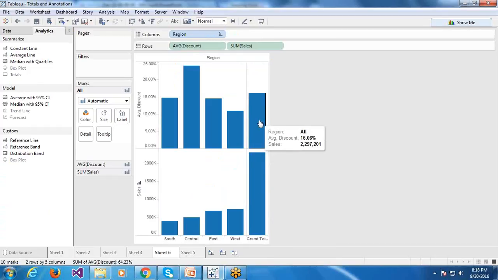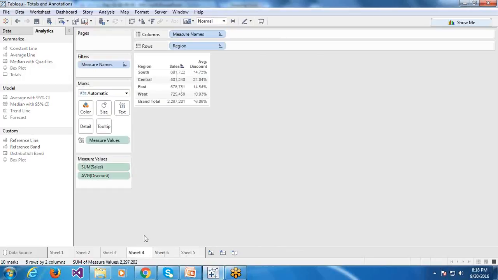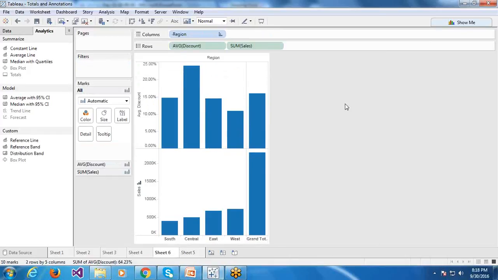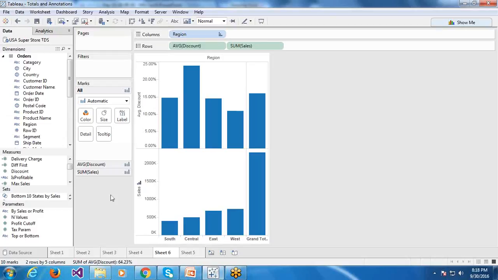So this is a total, and it's not only for grid text tables, it is also applicable for charts. So that is about totals.